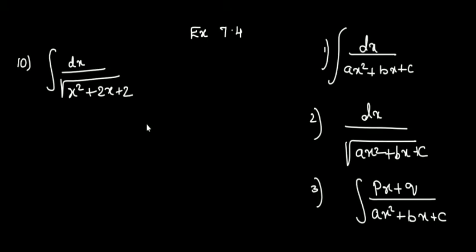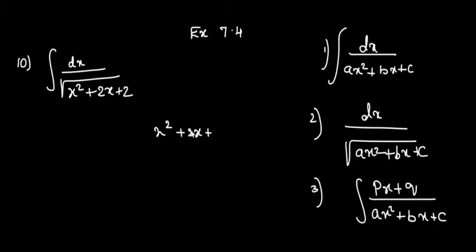Now you have learned standard formulas yesterday. This quadratic polynomial, you have to convert it into the standard form. To do that, you have to make it a sum of two squares. For x square plus 2x, you have to add and subtract some constant. The coefficient of the x square term, the highest term, should be 1. So here the x square coefficient is 1, so now you can add and subtract.